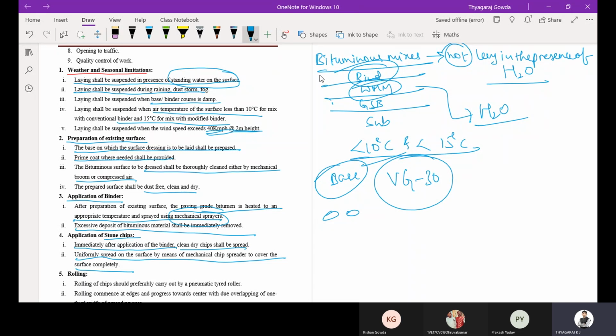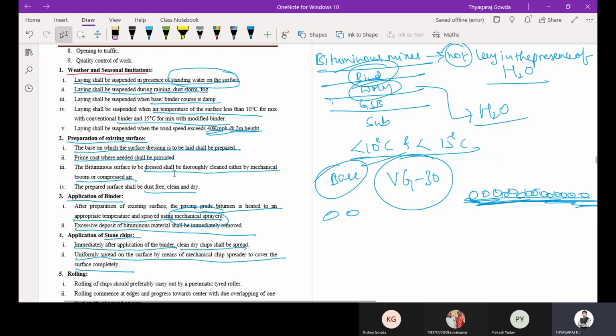Then the next thing is rolling. So initially, how will they be constructing? The first layer is full of bitumen. Above that bitumen, there will be application of stone chips. Then you are going to roll it. The bitumen you are going to lay, above that bitumen the stone chips are applied, and above the stone chips you are going to roll the surface. That is, the rolling shall be done.